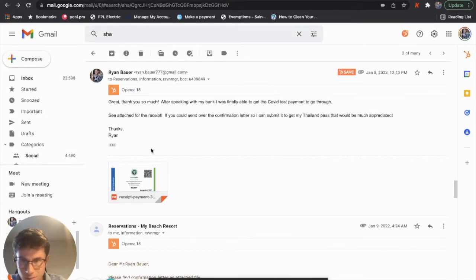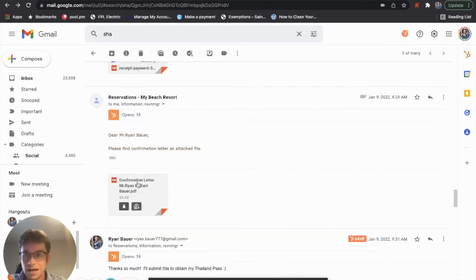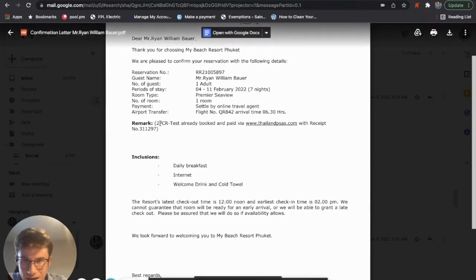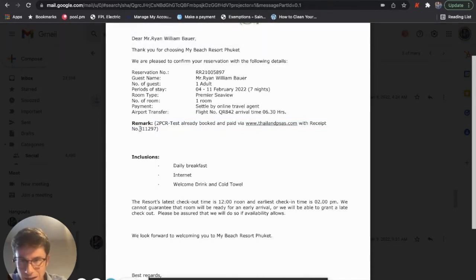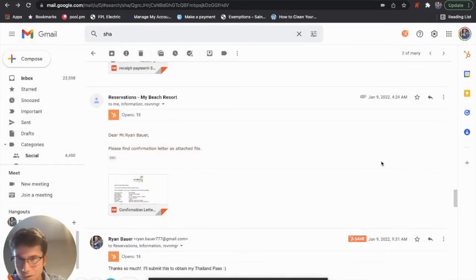As you see here, I sent my COVID test through to them, and then I received one of the most important things that you'll need to get the Thailand pass. This is my confirmation letter here. It shows the days that I'm staying at the hotel, my airline, or rather my flight number upon arrival. And it also mentions that they've seen that I have paid for the 2 tests with thailandpsas.com with my receipt number. So now that you have this piece of information,